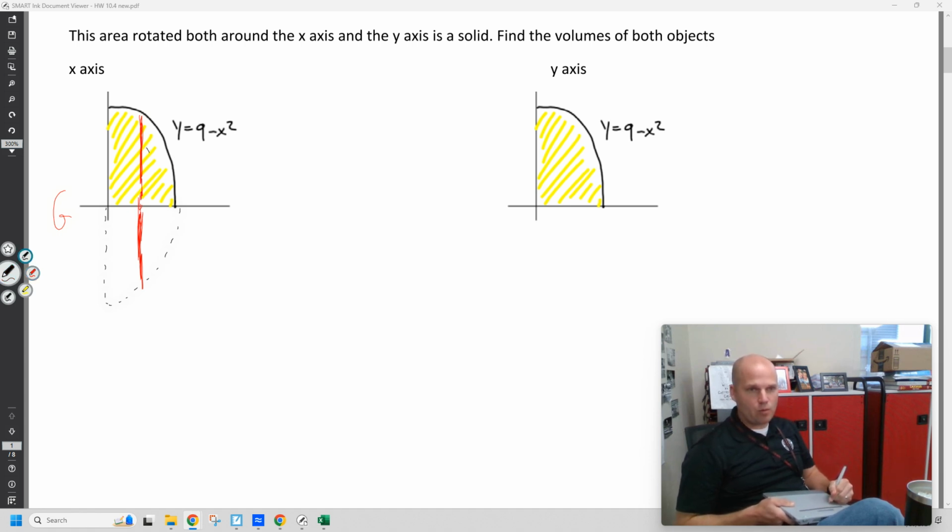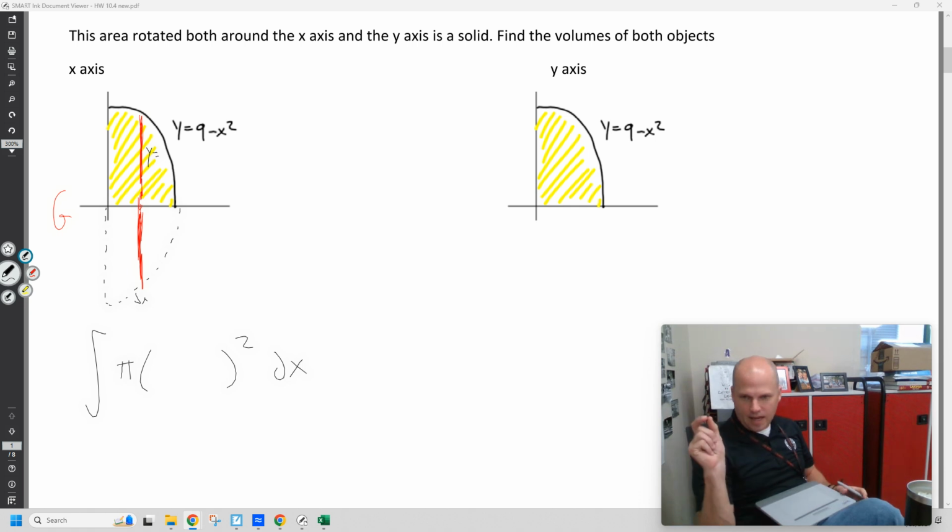We could see this is a y distance. We could see this is a skinny x distance. We will sum up our pi r squared h's. H is the skinny width. X is the skinny width. It's going to be the